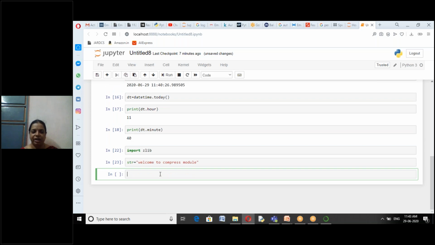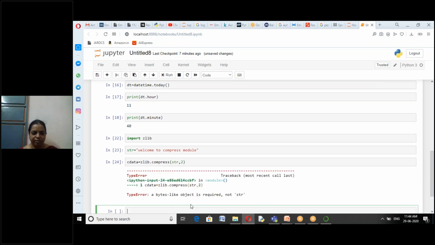This is the string data. Now I will compress this data. c data equals zlib dot compress of str, comma 2 is the level of compression. So we compress the data.